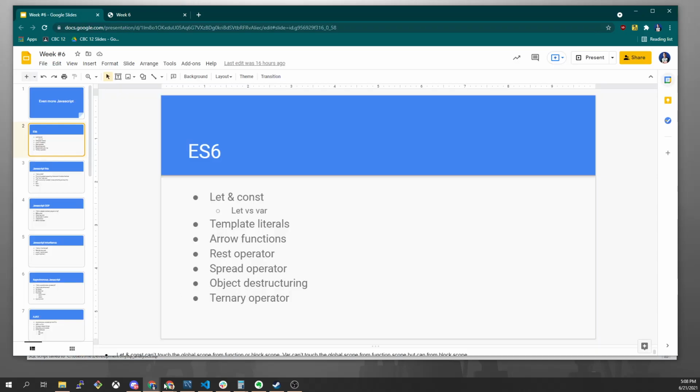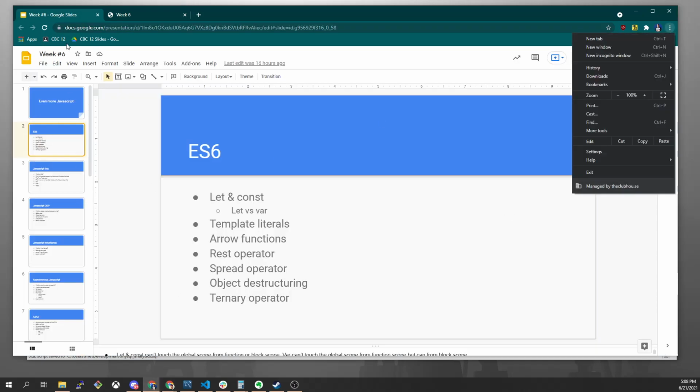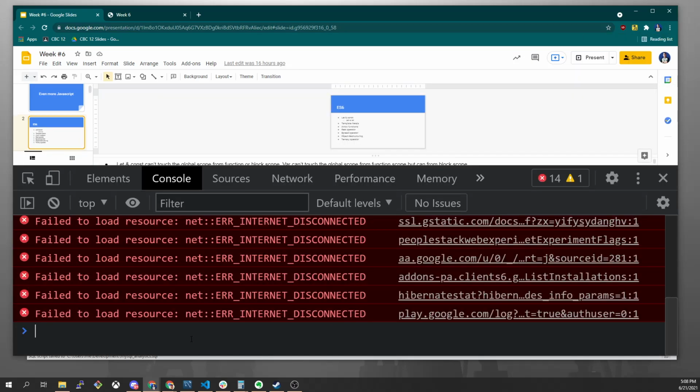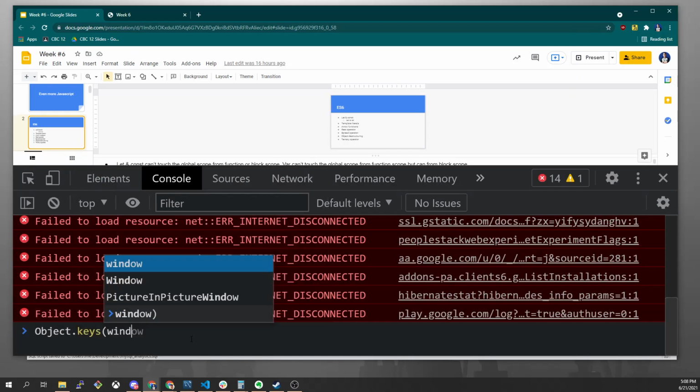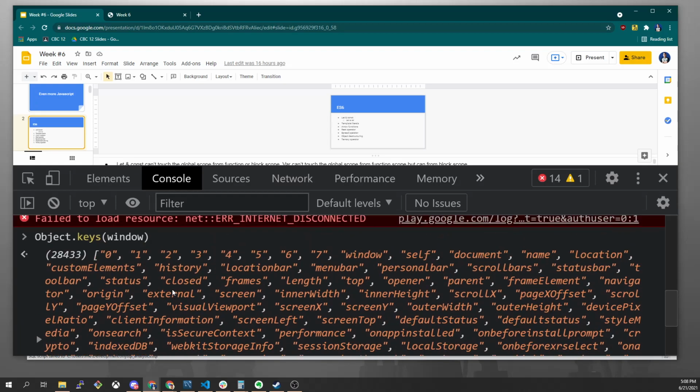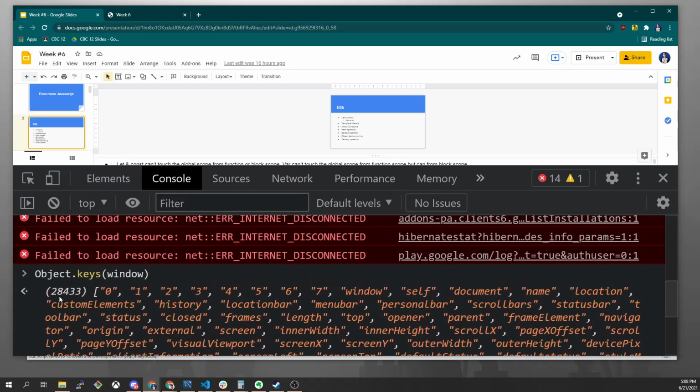If we went to, let's just even take a look here. This is their Google Slides thing. Let's see what they're doing in here. Let's do Object.keys(window). So we can see they've got 28,000 variables that are defined. 28,000. So to build an app of this kind of complexity causes a mountain of strain on the browser's resources